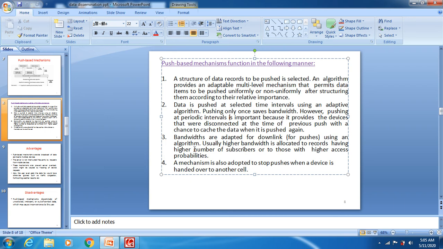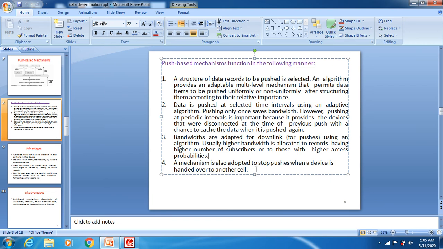So this is the second point. And the third point is that bandwidths are adapted for downlink using an algorithm. Usually higher bandwidth is allocated to records having a high number of subscribers or those with high access probability. So this is the third point.